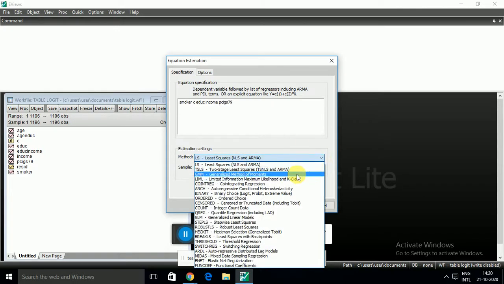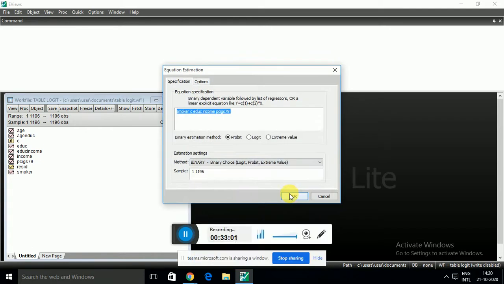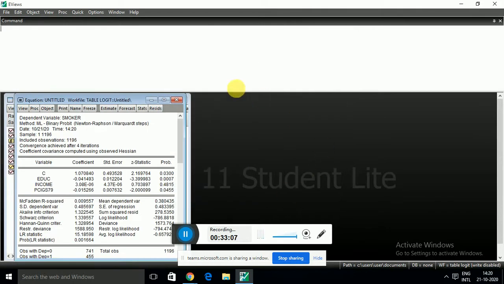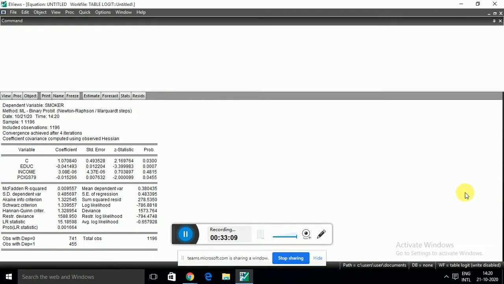So for this, I have to go to the binary model. Why binary? Because my dependent variable is taking value 0 and 1, and this is what we are getting in terms of output. Now please try to interpret this coefficient. The coefficient associated with education is negative 0.0141. Whenever you are dealing with the Logit and Probit model, please understand